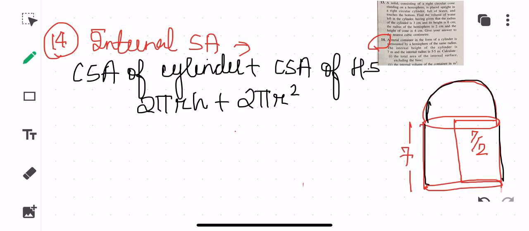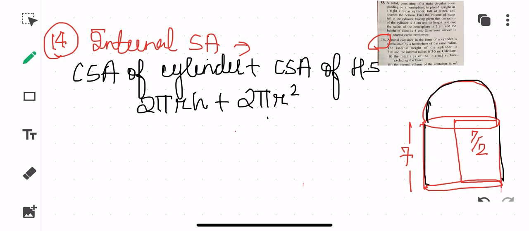Alright, so these are the formulas which are there, so you can just easily use this formula and find out the total area of the internal surface excluding the base. Had they asked you base also, children, then what you would have done? You would have added plus pi r square. Okay, so that would have become for base,